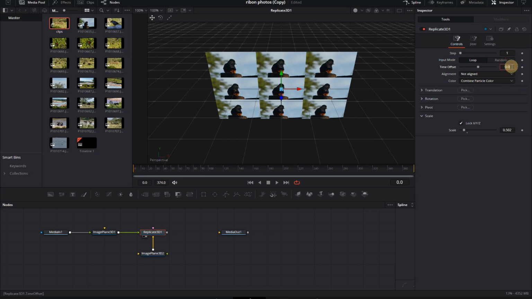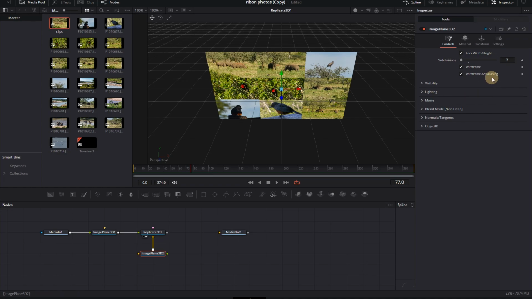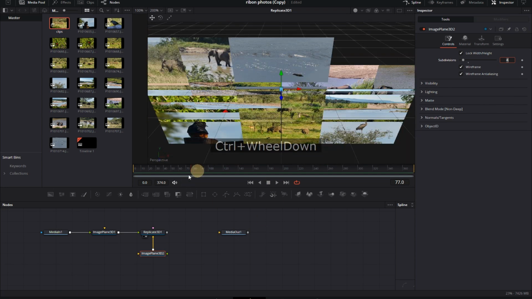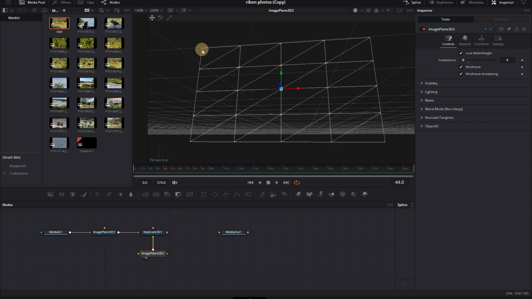By setting the time offset to the duration of the composition, the miracle happens. We have different photos each time. If we increase the size, we recover more photos. Disadvantage of image plane 3D, in the case where the number of photos is not a square: 4, 9, 16, 25, etc., we have holes.